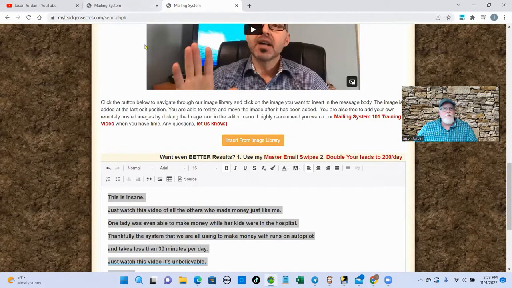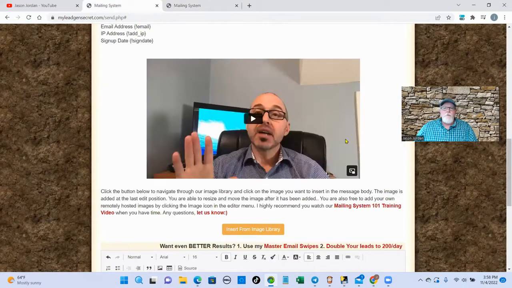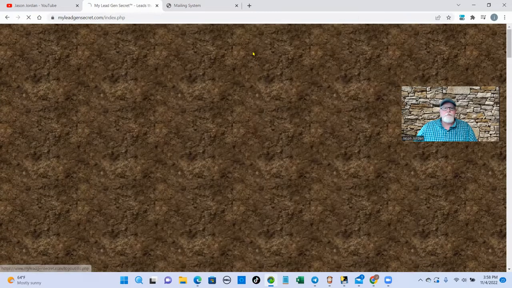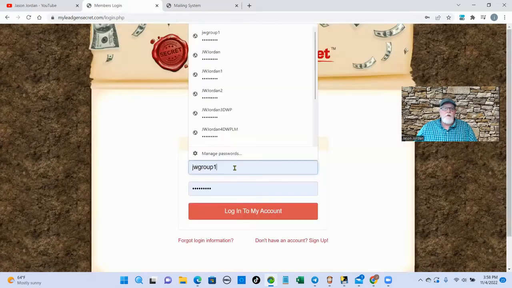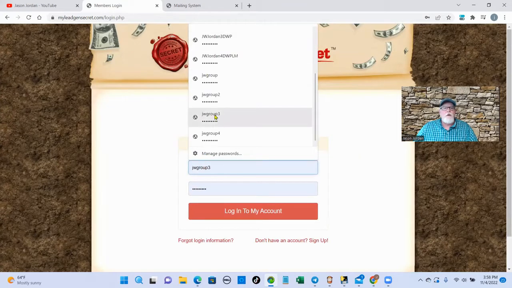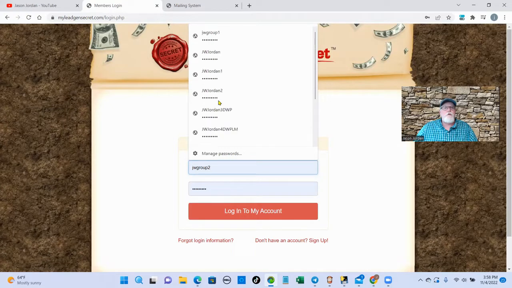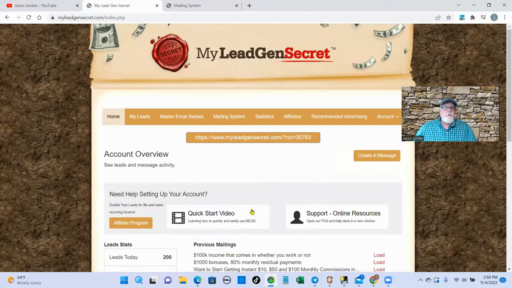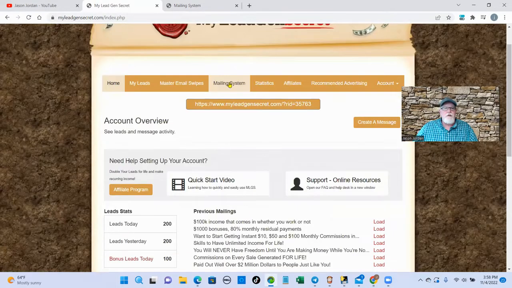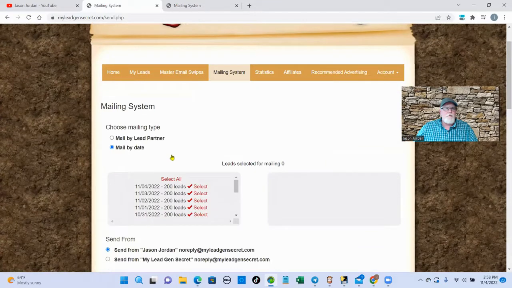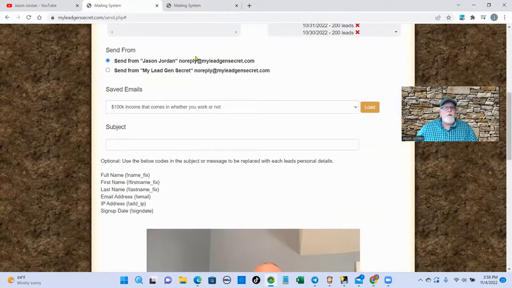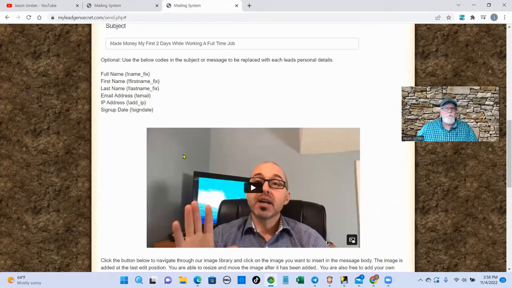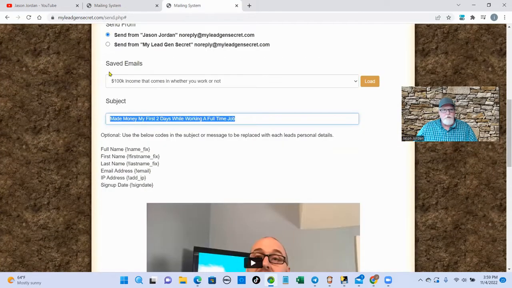So what I do, I just go back and forth between these two tabs. So I'd go here, I'd go back up and log out. And then I would log into my next account, which at this point would be, let's see, this one. So that would be my next account. I'd get logged in. I'd do the very same thing. I'd go to mailing system, select leads, come all the way down, go back over here, pull my subject line,